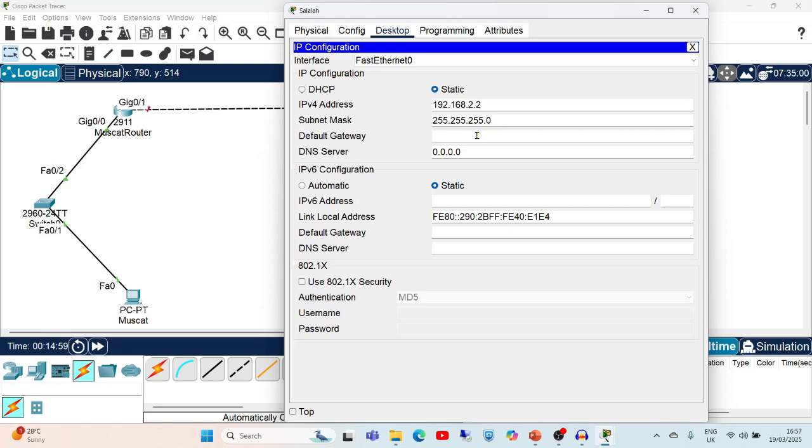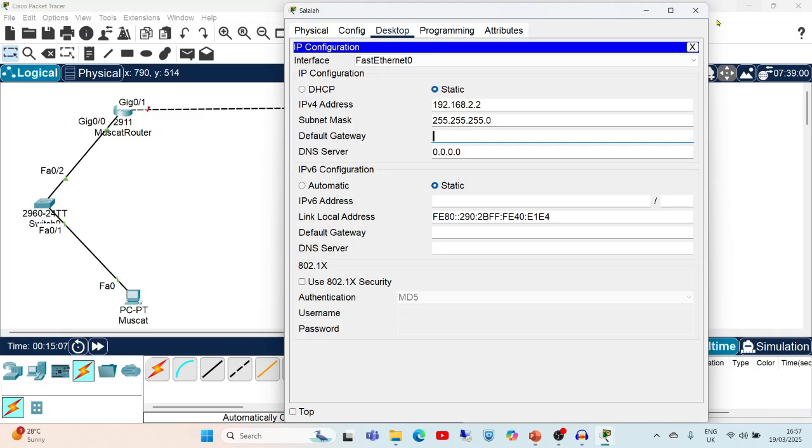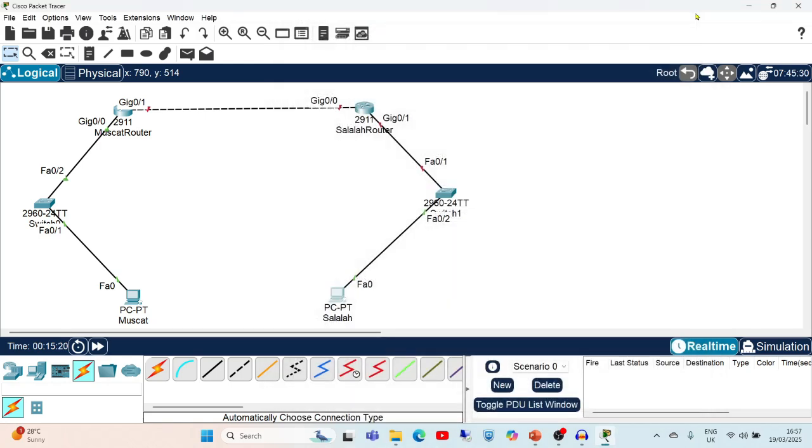Now we'll pass the default gateway for this, and the default gateway is 192.168.2.1. This will be the default gateway. Just close this.